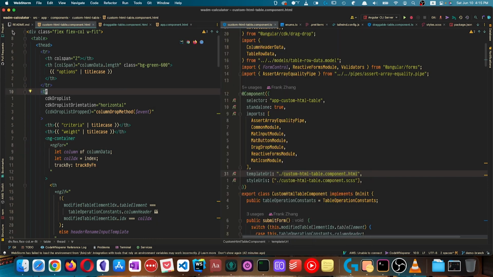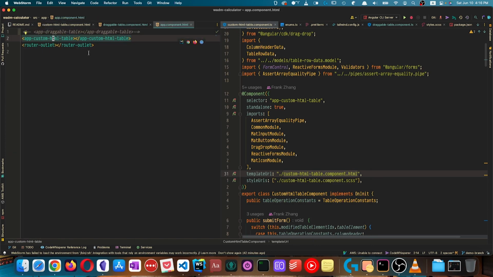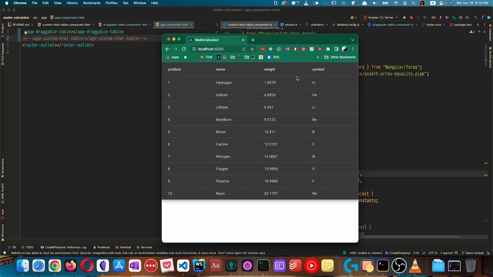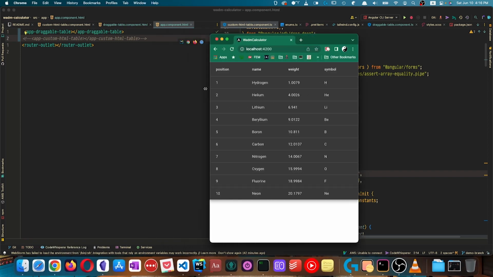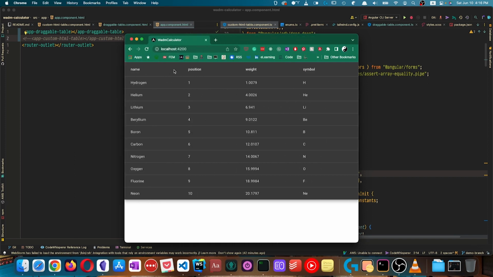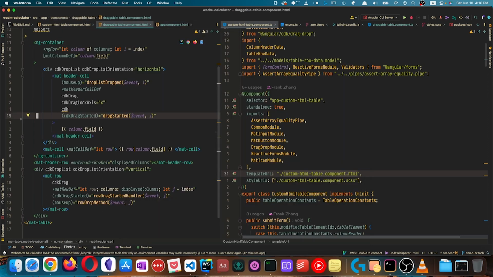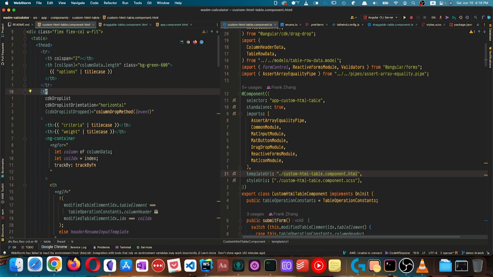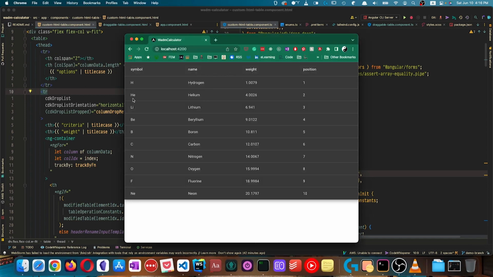However, I experimented with the mat table, and I tried to implement the drag CDK into the mat table, and I was able to achieve this column header swapping and row swapping functionality. And that was the foundation that got me to implement the same kind of techniques when it comes to drag and drop column headers and rows into the HTML table elements. So I thought I would make a video to share with you guys how to implement the drag CDK into